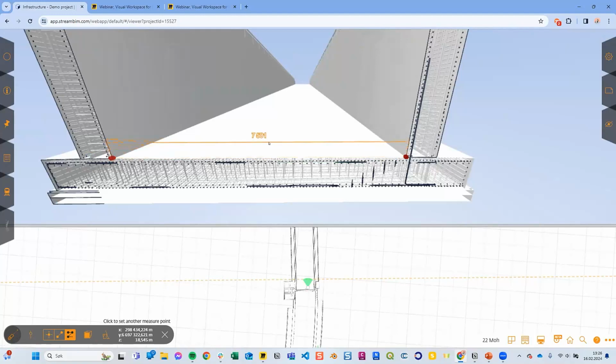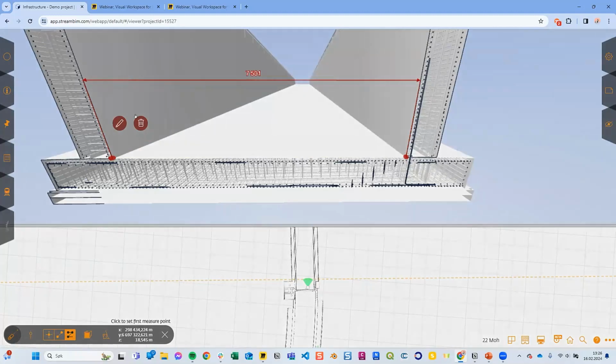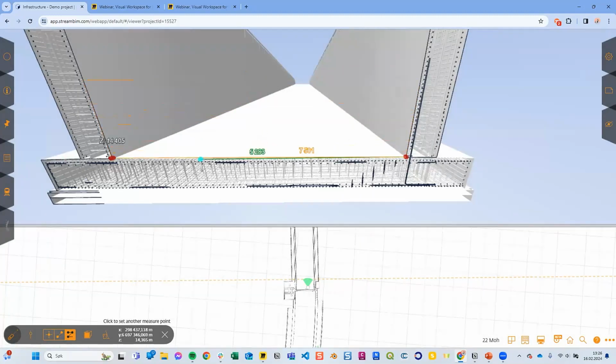Then I can move this around as I want. I could place it here, or I could edit it again and move it down here. If there are things in the concrete floor I want to measure too, I can also add this. It will split into different measures, so you can use that however you want to do several measurements within just one measure. So very handy and useful.